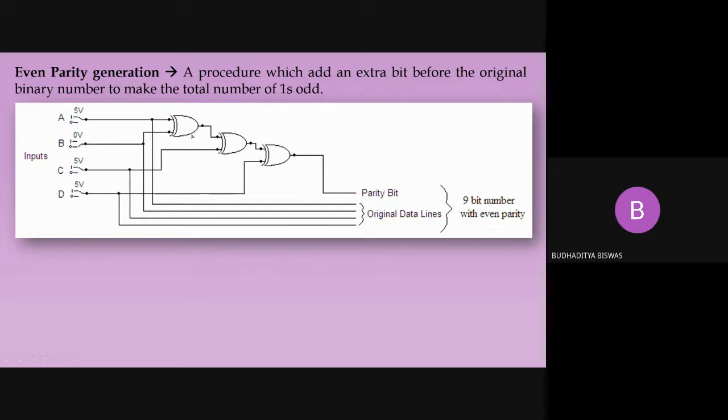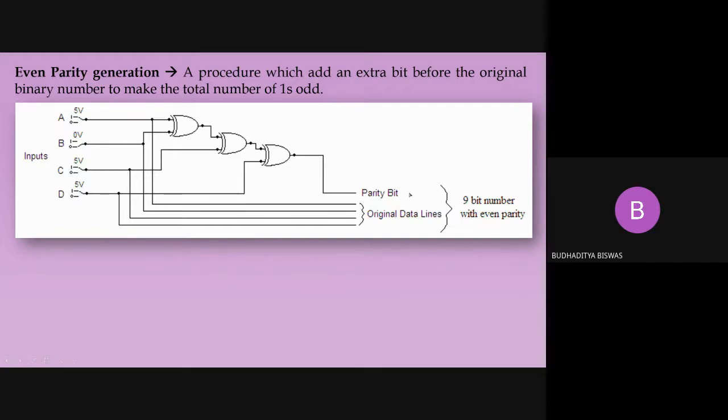And unfortunately, the 4-input XOR gate is not available in the circuit maker. That's why I cascade the connection like this, taking the 2-input XOR gate. But in the exam, you just draw a bigger XOR gate with 4 inputs connected simultaneously, and it will give you the same marks. Okay. Every circuit I draw in the circuit maker, and in the circuit maker a 4-input XOR gate is not available, so I need to cascade the connection. Ultimately, A, B, C, D all go to the input of the XOR gate. The output is this one, and this is the parity bit.